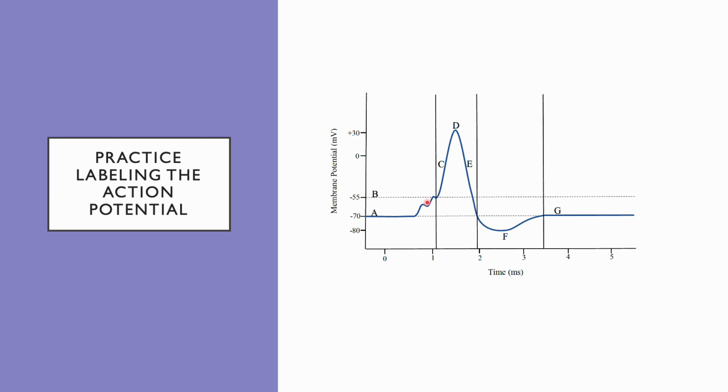When these sodium ion channels open, there's a large and quick influx of sodium from the extracellular fluid into the cytosol. And this stage here at letter C is known as depolarization, when the cell becomes more positively charged inside. As the cell depolarizes, it's going to reach this optimal or positive charge known as the overshoot at D. So here at letter D, this is about 30 millivolts,